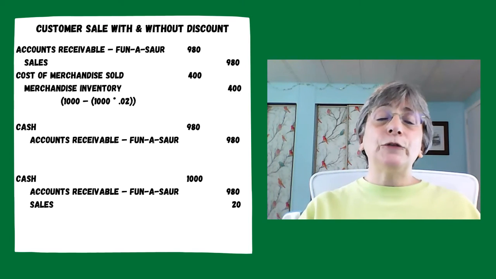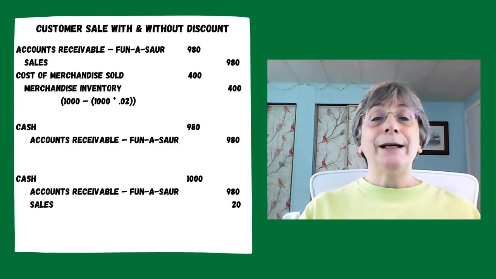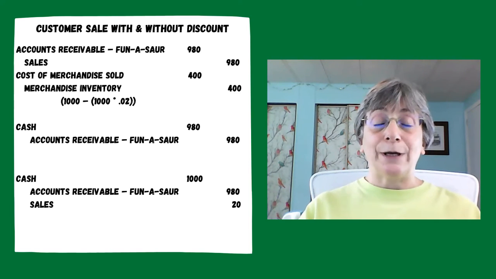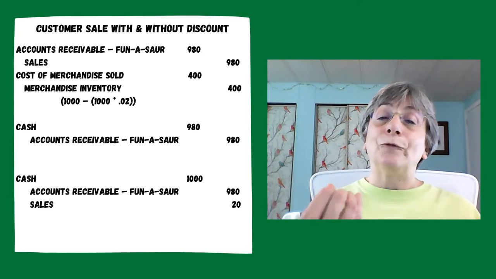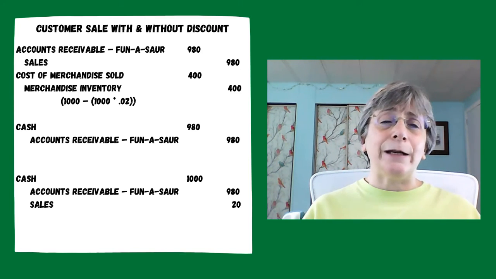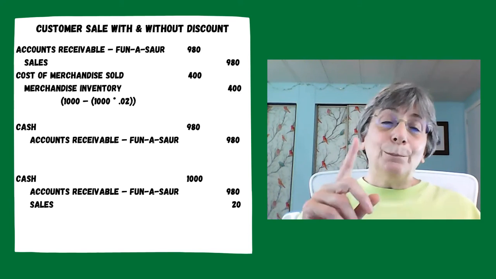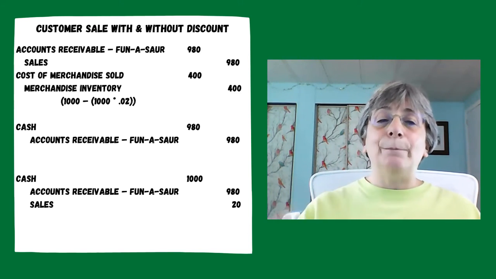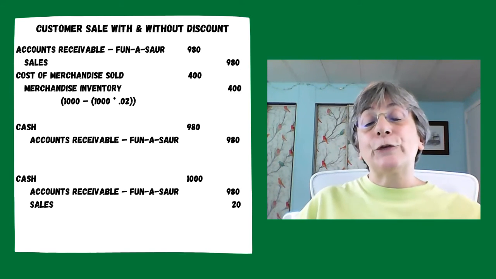Then when Funosaur pays the bill within terms, we're going to get $980 in cash, so we're debiting cash, and we're going to decrease our accounts receivable for Funosaur for $980 to show that they have paid that amount of money. But if our customer didn't make the payment within the discount period, and they paid us the full amount,